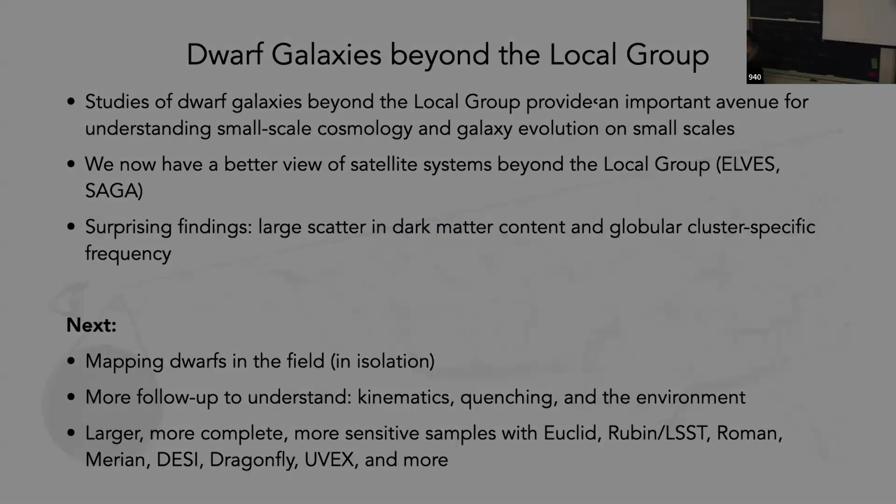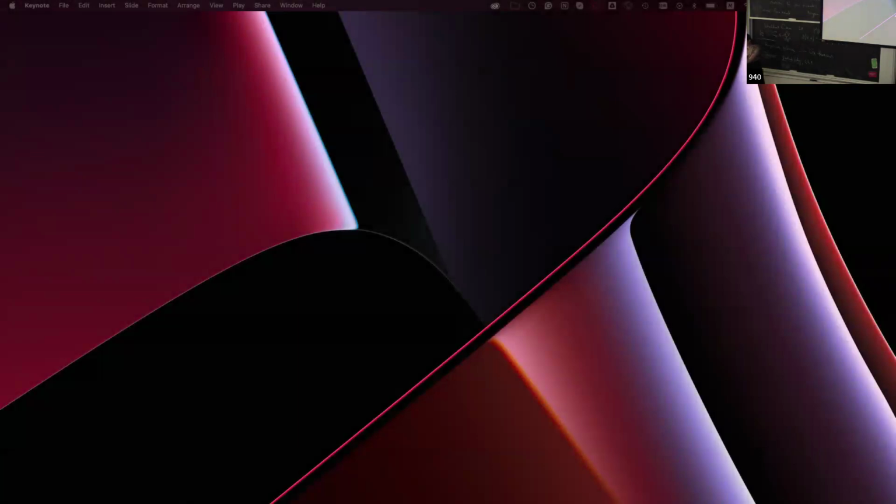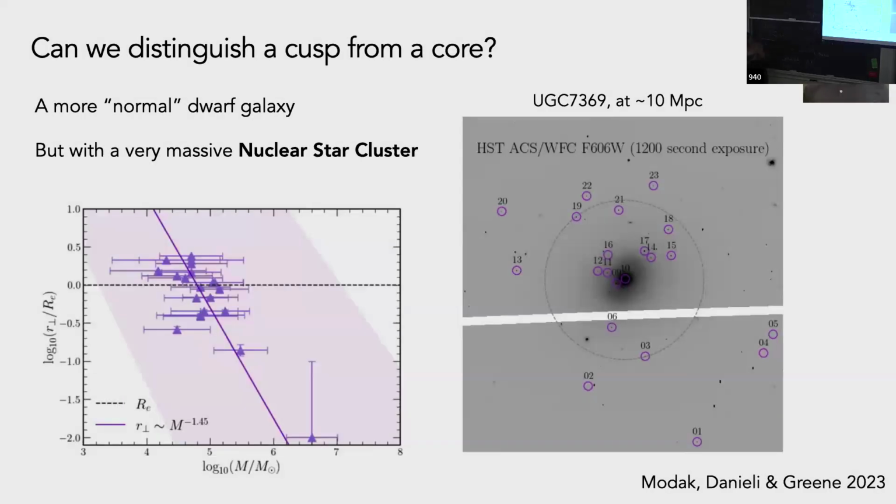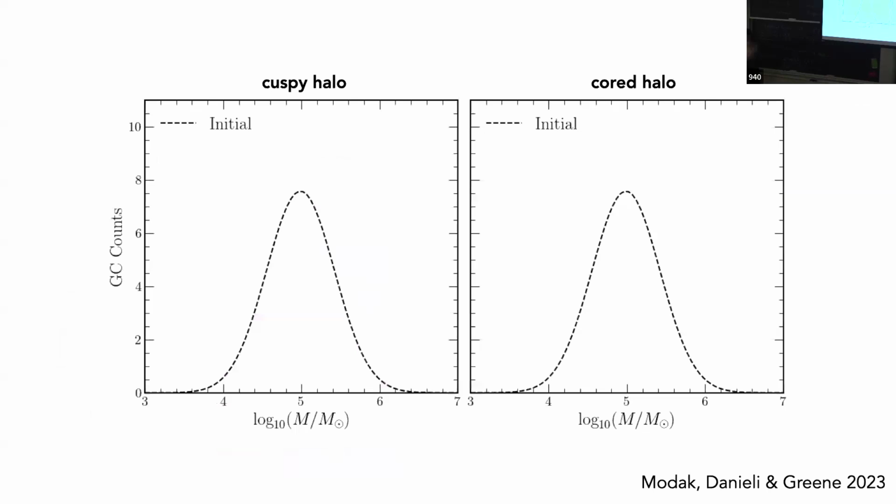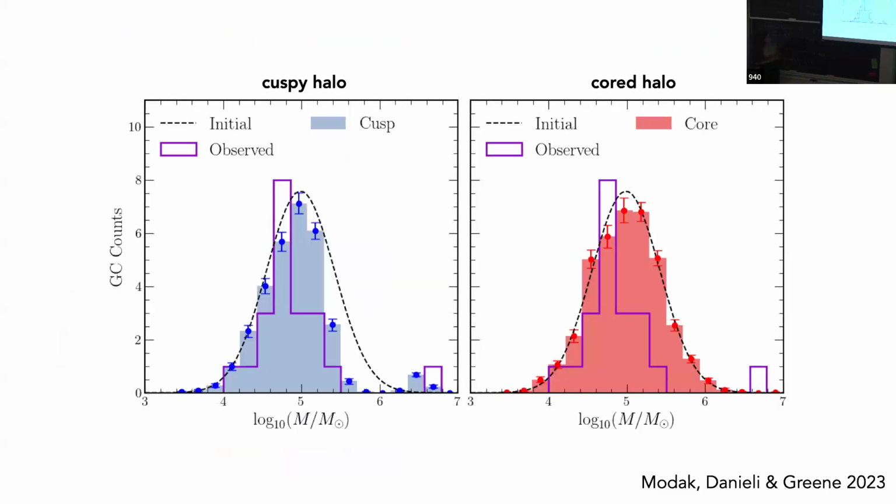Can I show a little slide? Yes. So we did a similar work with Shany, who is currently a graduate student at Princeton, where we flipped the problem and looked for a galaxy that has a lot of globular clusters, but also a nuclear star cluster. So this is flipping the Fornax timing problem and asking, if this galaxy has a nuclear star cluster, does it have to have a cusp? Otherwise, the clusters will stall and never form the nuclear star cluster. So Shany did the same kind of simulations, rewrote them, improved some things, but then let me just show you that. I think this is really, really cool.